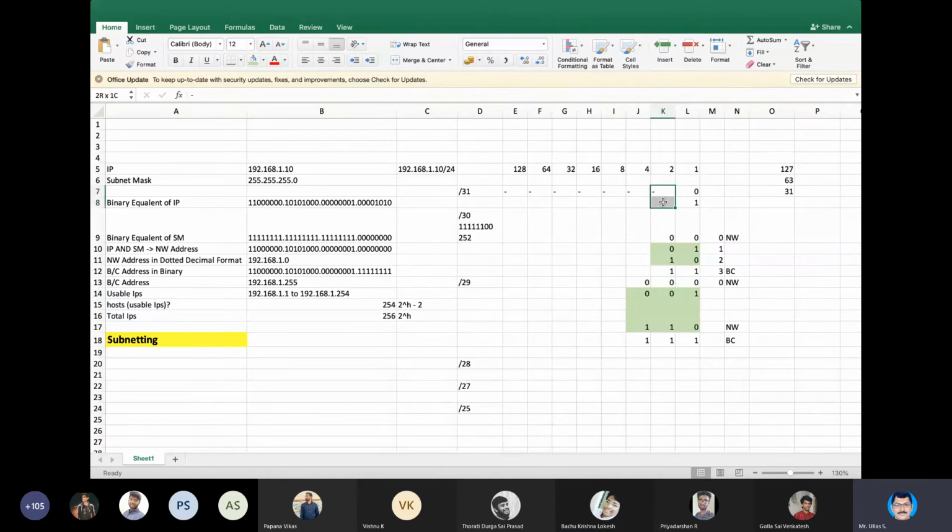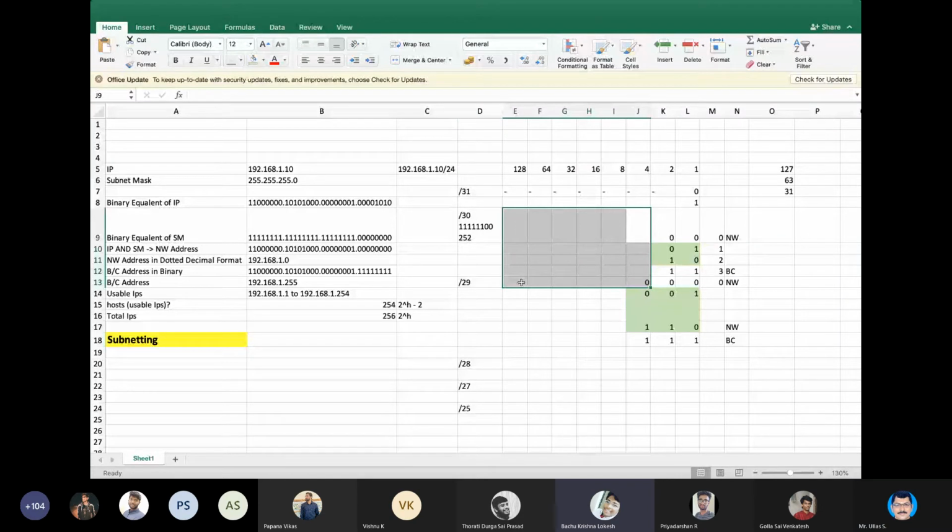See, 1 bit I have given for network. Okay, let us not use this anymore, because it is not useful. So now let us come to this. Actually, we have given 2 bits for host bits. Now, what will happen for the remaining 6 bits? I can use them for network, right? Sir, if we have given 2 bits for host, that means we have 4 combinations now, sir. So first and last will be gone for network and broadcast. So remaining 2 will be used for usable IPs. Yes, correct. You are right.